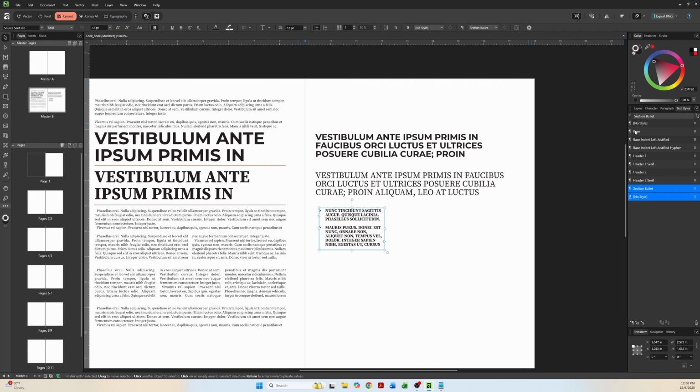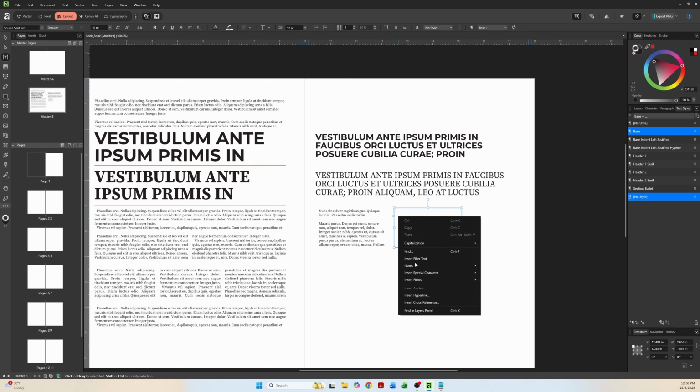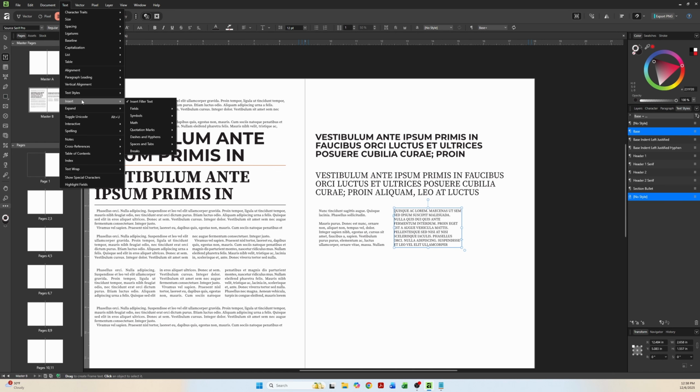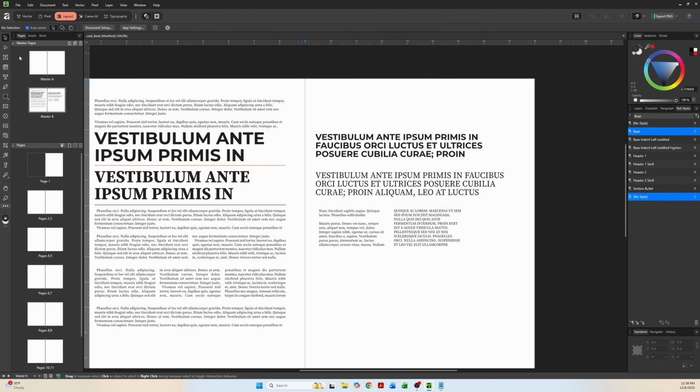So I'm going to go ahead and select my base style. I'll get my text frame. And we will draw out here our basic text frame. And we'll insert some filler text here. Once again, I'm just going to do this quickly from this menu. You can also go up to the type, or go up to the text menu, do insert filler text from there. So a couple different ways you can do that. I typically do the shortcut, but I also like to show you the menu way when you're first learning the